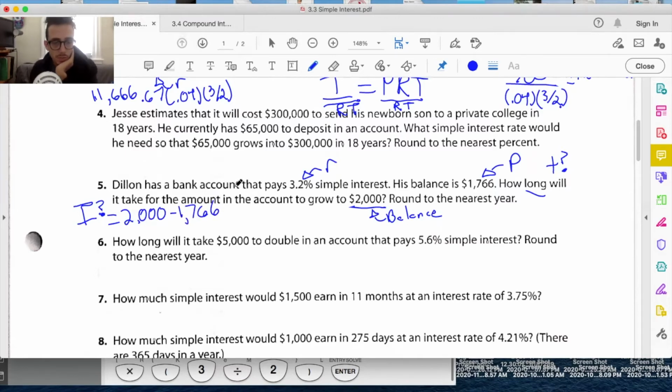So what? That's 234. So this problem is really asking how long is it going to take until we get $234 of